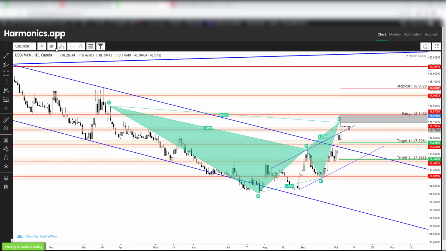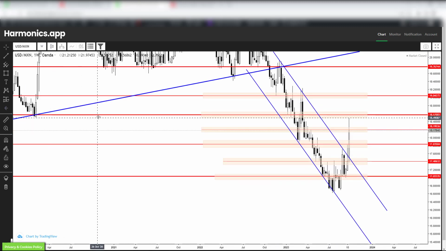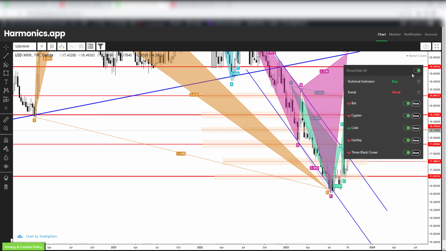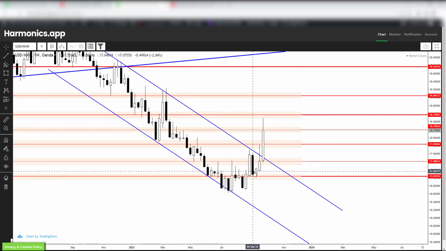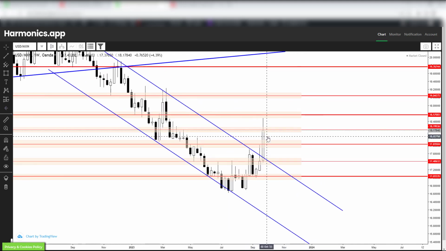And if we also check higher time frames to see how this looks, let's remove the patterns from the chart to have a clean chart. We can see there is a strong weekly candle that has made a breakout, now reaching this one here where the potential reversal zone is. Now there is a probability that the price will bounce back down and reach 17.97, or rounding around 18.00. So this is a high probability that the price will reverse back down, confirming this bullish breakout